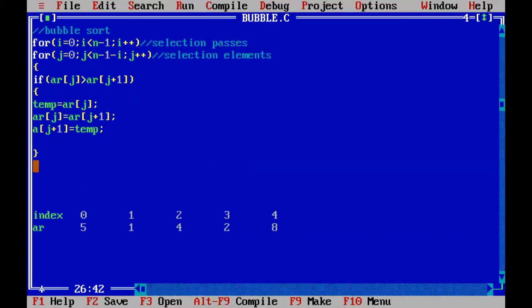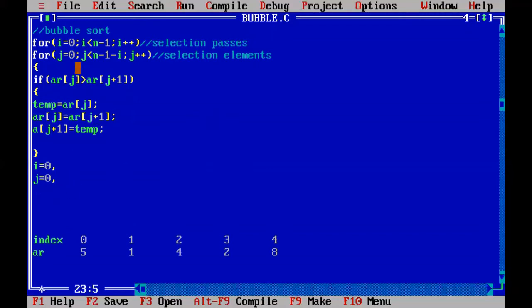Now you start with the outer loop. Outer loop value is 0. For one iteration of the outer loop, the inner loop will execute completely. So the inner loop will start with 0 also.